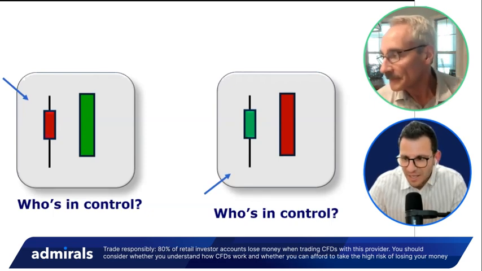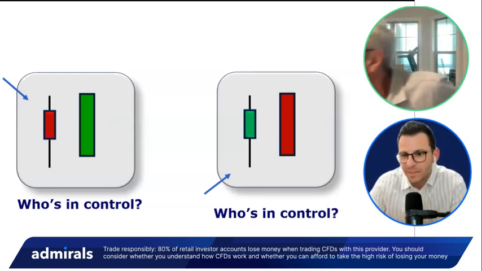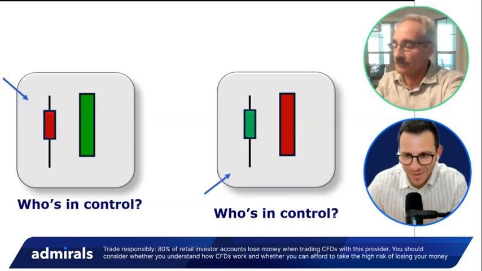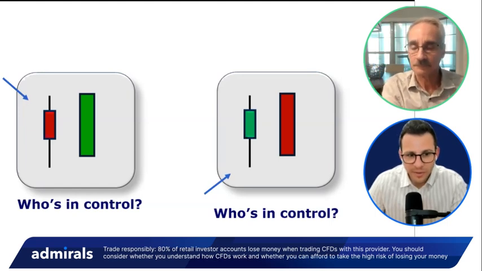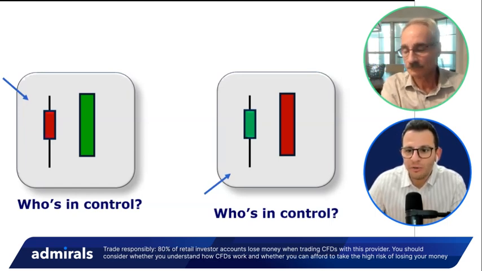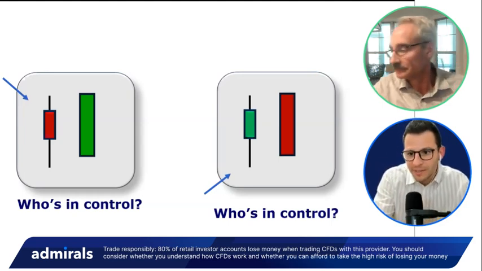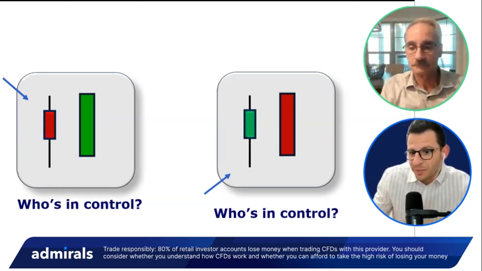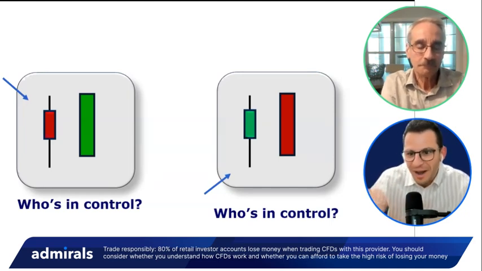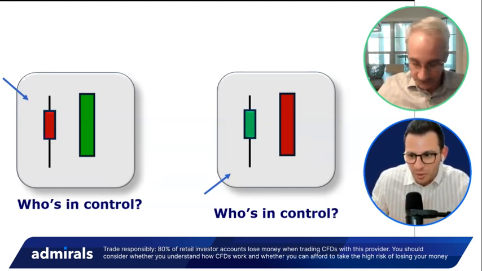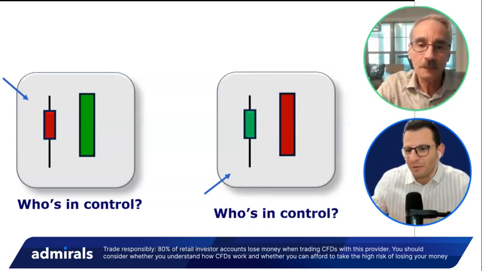Exactly. But I really like, as we are in this slide, and I'm sure many traders are going to have an aha moment now, because you said one of the most common mistakes traders make is that they see a bullish engulfing, but they don't pay attention if it is coming after a series of red candles in a downtrend, or if it just appears in an uptrend. It's a reversal signal.